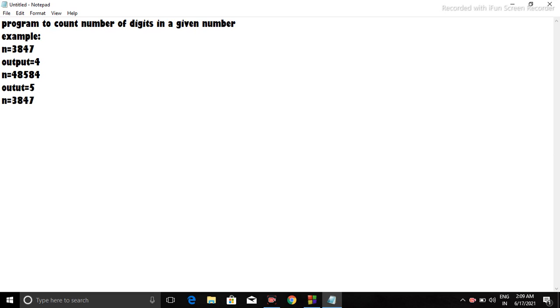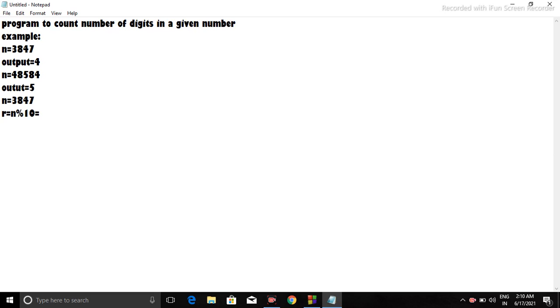We will first apply the modulus operator, and we know that whenever we apply the modulus operator by 10 to a number, it gives us the unit digit. That means the digit which is at the last, that means 7. So now, let me replace this by r, as a remainder, I will get